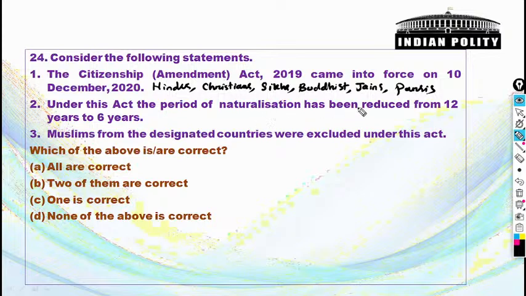The period of naturalization has been reduced from 12 years to 6 years. Yes, for this particular act, for these people, this period has been reduced from 11 years to 5 years. Muslims from the designated countries. Designated countries here means referred countries, here Afghanistan,